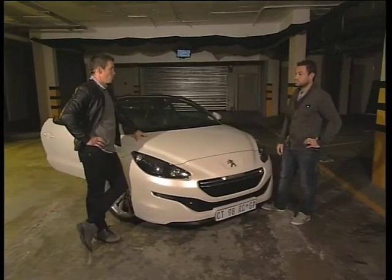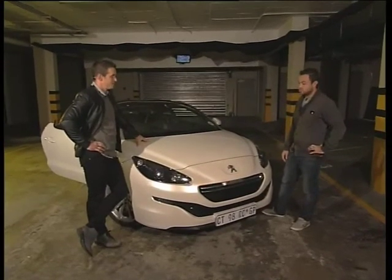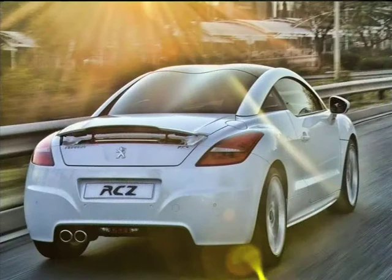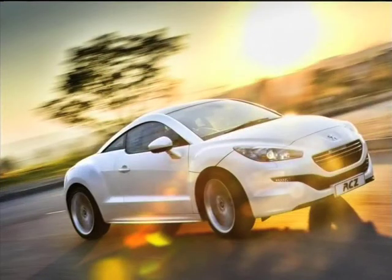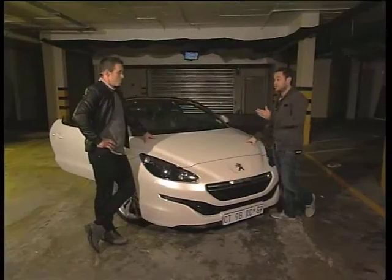What could you get for 500,000 Rand these days? Jeez, these days, I mean, all sorts of cars. You could almost get yourself into a Range Rover Evoque, you know, that sort of thing. If you're talking 500,000 Rand cars, there is a whole different world of cars that you can get into. Audi S3, for instance, that's a very good car. Golf R, which we had in the studio a while ago, that's 500,000. So on a